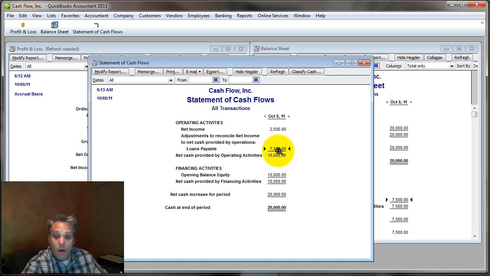We have to understand if accounts receivable increases, then I have to subtract that from net income. If accounts receivable decreases during the period, that means that during the period I collected more on receivables than what I invoiced. So the opposite happens. I have to add that difference back to net income in order to arrive at what I've got in the bank, because I've collected more than I invoiced.